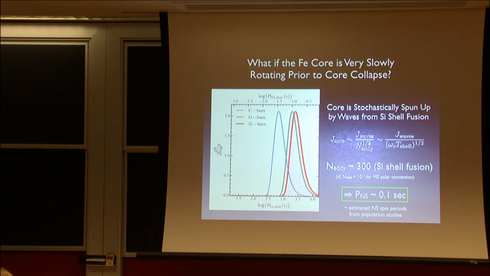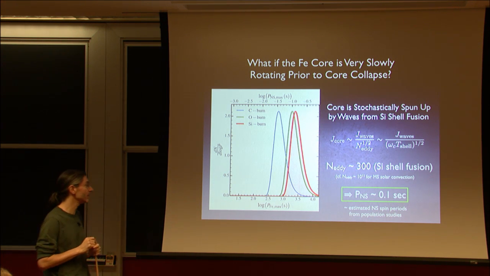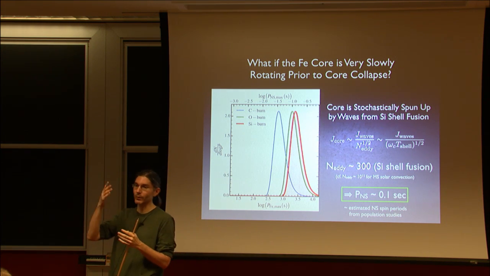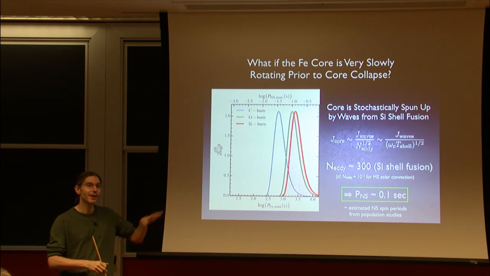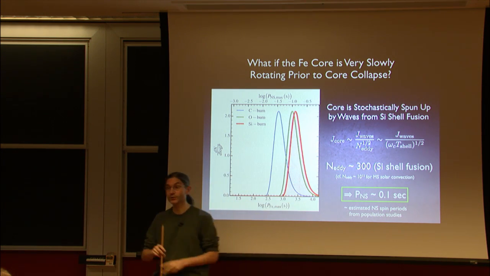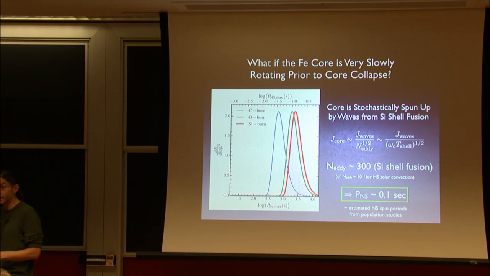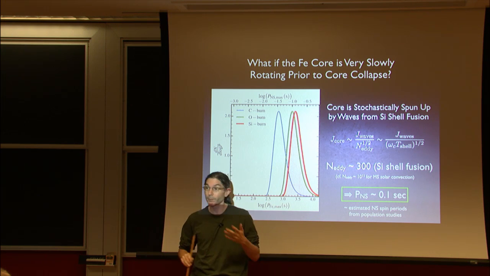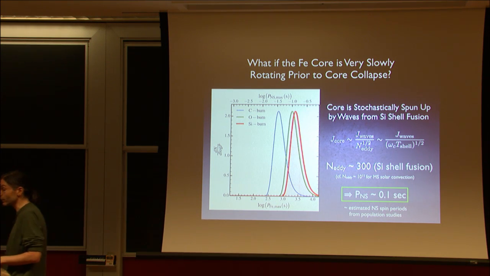And exactly how those waves affect the angular momentum of the resulting core will depend on whether the core was rotating before or not. If it's non-rotating, this is one limit of what can happen, which is you get this kind of stochastic process which randomly builds up a small but interesting amount of angular momentum, which is conveniently comparable to what we actually infer for the birth periods of